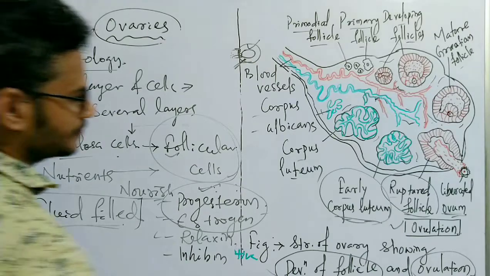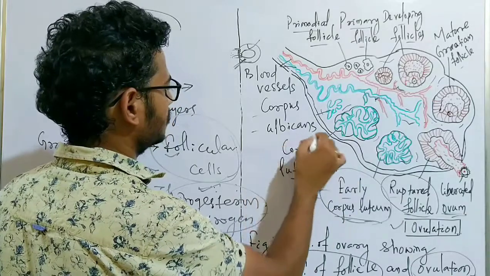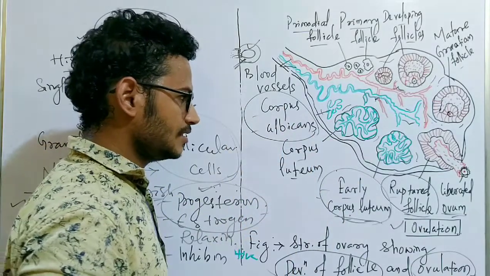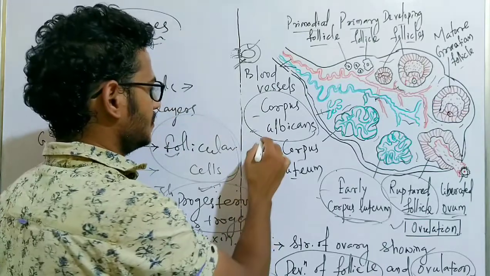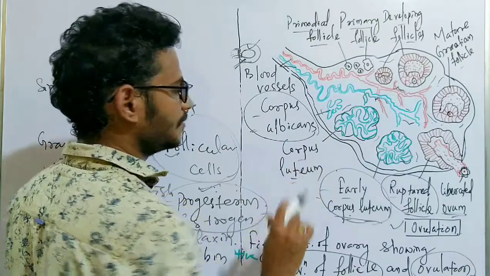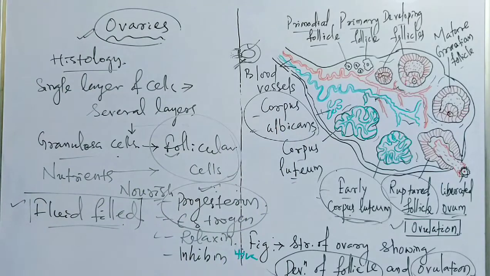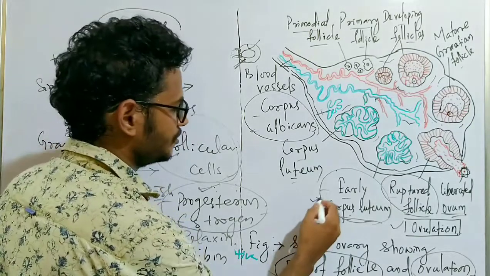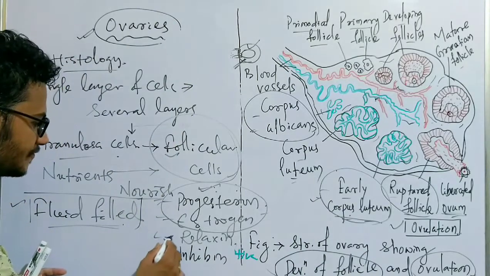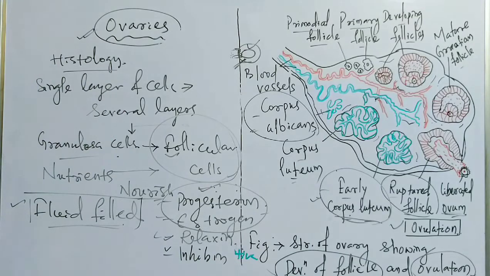So after the secretion, the corpus luteum degenerates into the corpus albicans. The corpus albicans have no function. These are whitish, while the corpus luteum is yellow. The whitish corpus albicans gradually degenerate and have no function. Remember, the corpus luteum secretes these different hormones in order to carry out the process of fertilization.